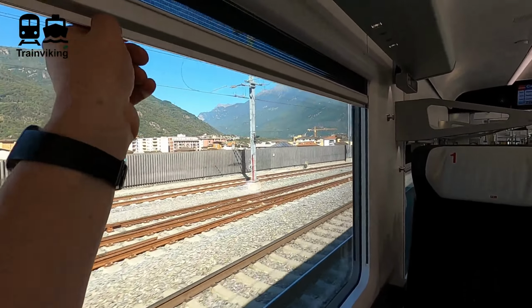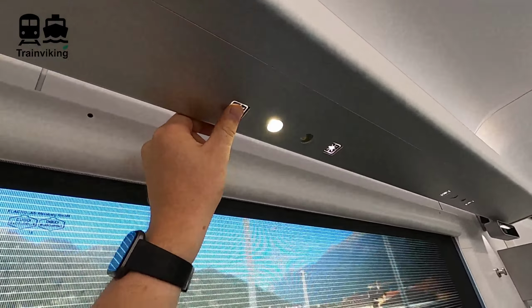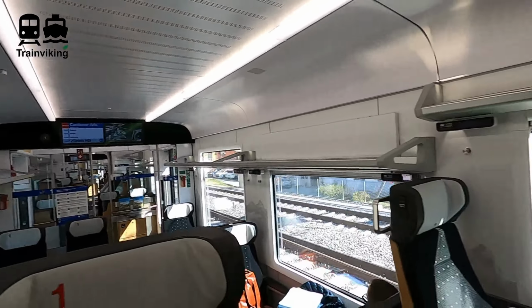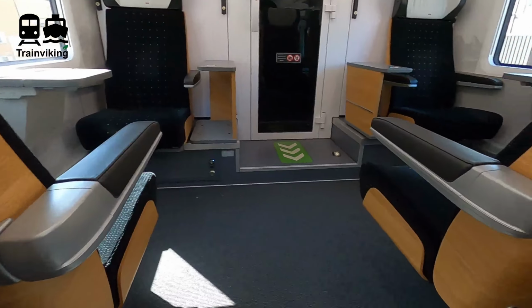By the way, there's also this stop button. As far as I know there are no stops on request, but maybe this is different or it's just a future-proof design. If you know this, just let me know in the comments. Well, just like in second class, you'll find a sunscreen, and there are reading lights within the luggage racks. In first class I found some really small luggage racks, but thank goodness they also had one bigger,